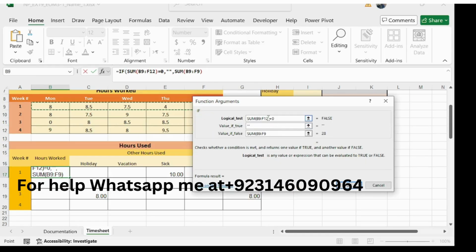Sorry, here we select F9 and close the bracket and is equal to 0. Now remove this B9 to F9. Select the range first in B9 to F9 and then click OK.